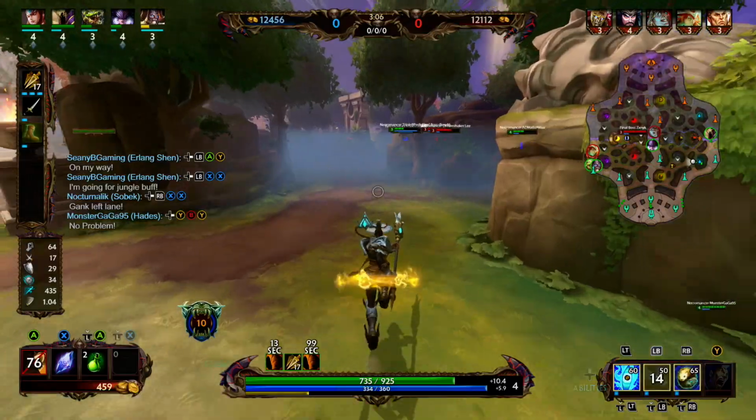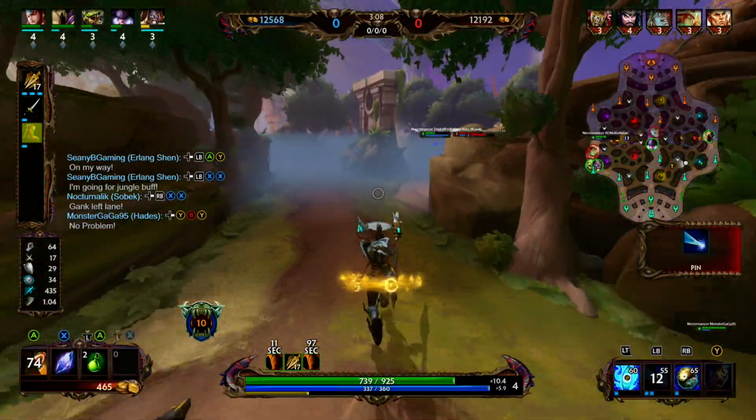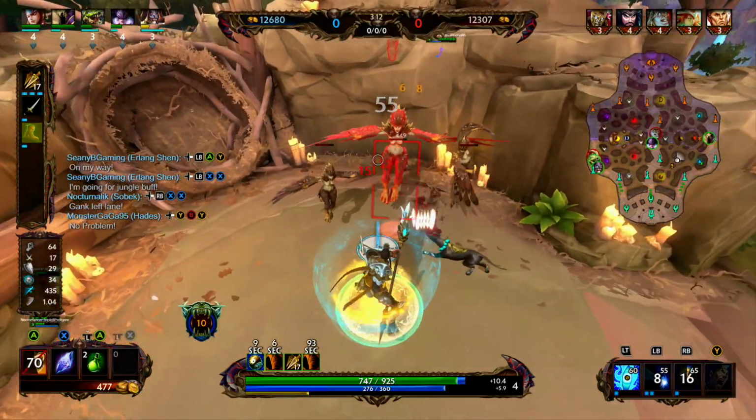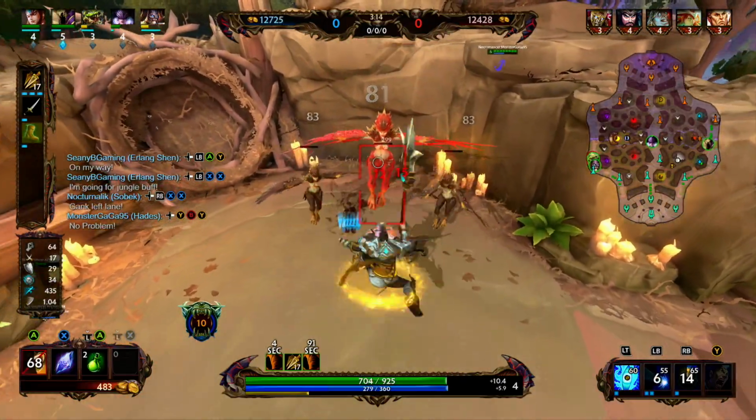We go ahead and drop the blue buff for our Hades. Make our way to the Harpies. And I believe we're playing with a full 5 people